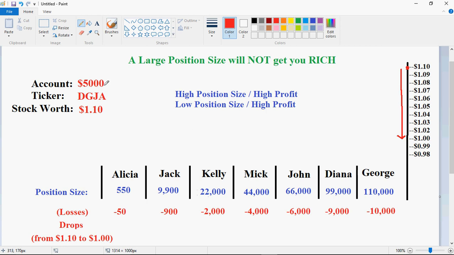When your broker sees that your money reaches minus 5,000, he's gonna automatically sell. He's gonna force you to sell and get you out of the trade, and your account is gonna be at zero. It's never gonna go to minus 6,000 or minus 9,000 or minus 10,000. It works like that with paper trading, but in real trading,